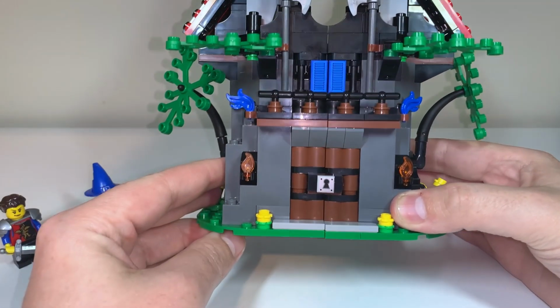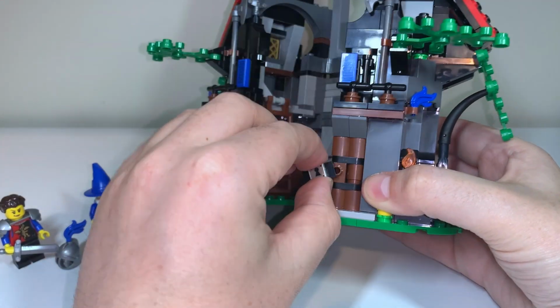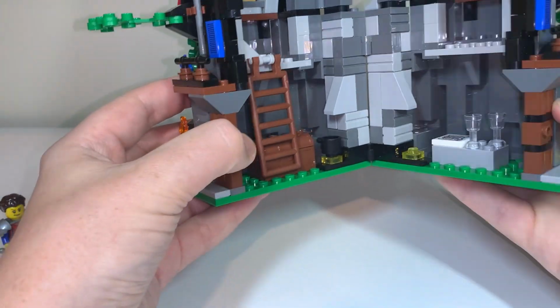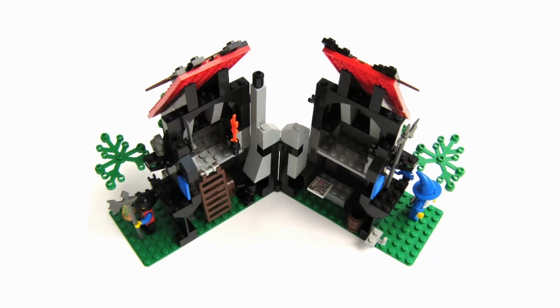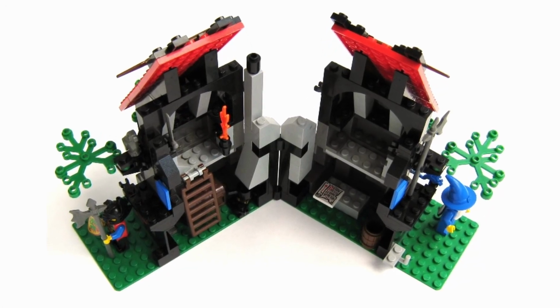We may now enter the fortress. You can remove that lock on the door and the building just simply opens up like so. The interior is also really faithfully recreated, but I kinda wish that maybe they went a bit further in this model. The original I think is really good for its time, 1993, but in 2023 there's just not a whole